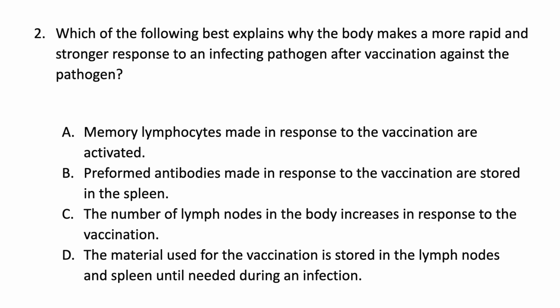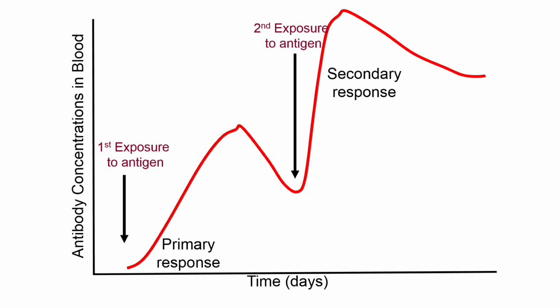The lymph nodes are anatomical structures. They wouldn't change in number in response to a vaccination. They're kind of fixed in number and position. And the material used for the vaccination is stored in the lymph nodes and spleen until needed during an infection. That's also not true. So with the memory lymphocytes, what you see are after a response to an antigen, that